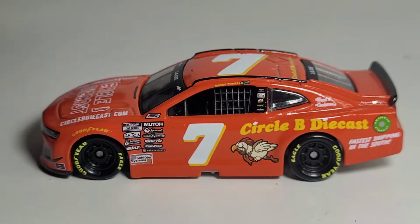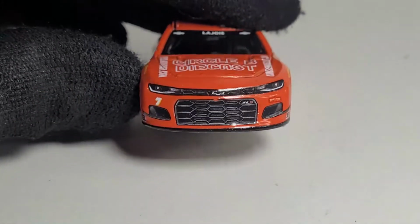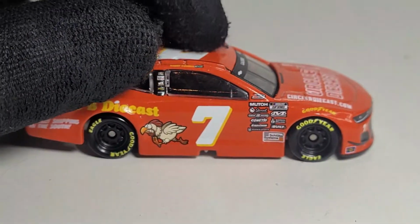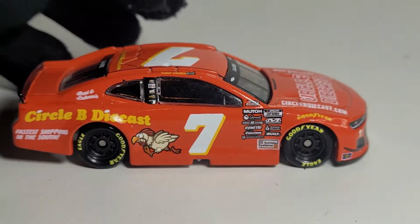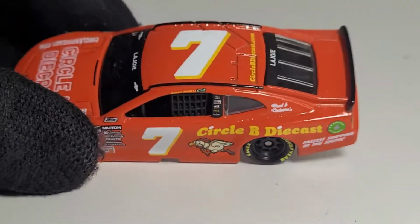I mean, of course, they can't really have the Chicken Pit Racing logo right here, but like I said, CircleBDiecast just gets very creative with their paint schemes, and this one right here is really cool. It's kind of weird seeing a CircleBDiecast with no blue on it, I will admit. It does look odd, but this is a tribute scheme to the great Stroker Ace,